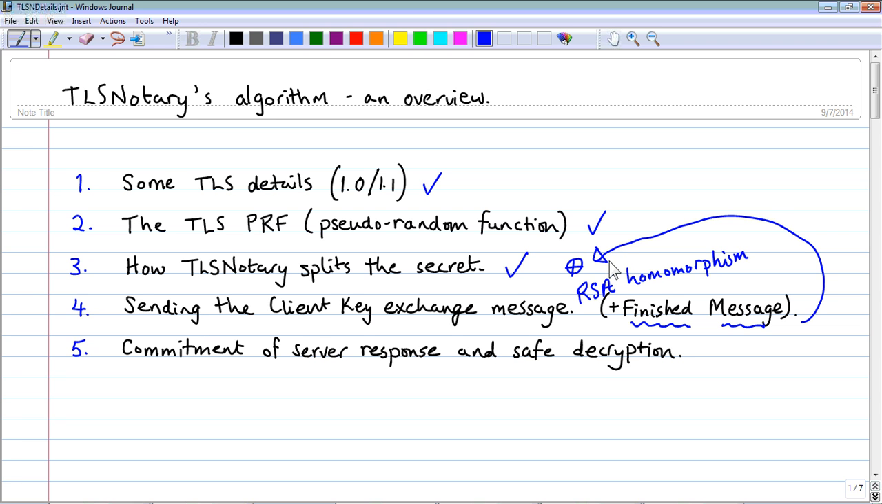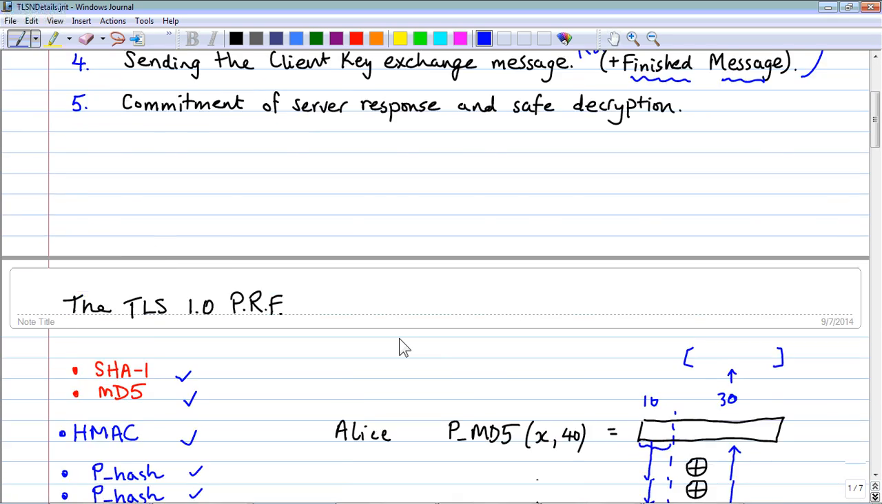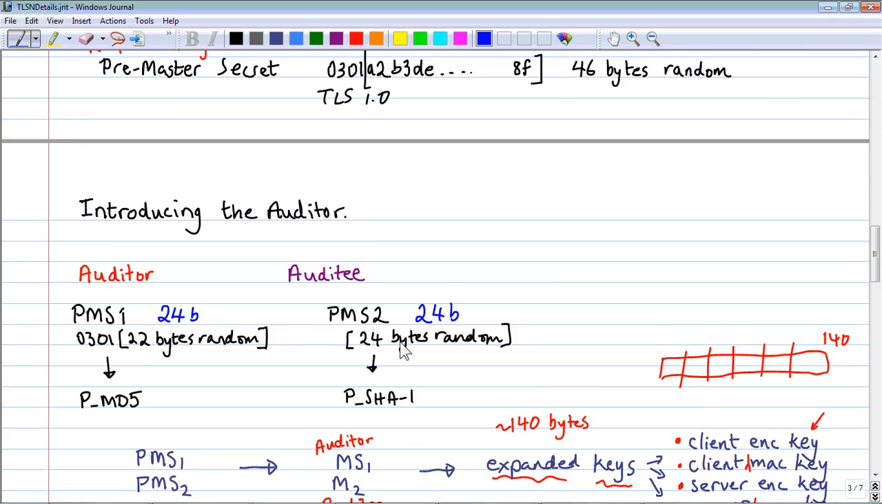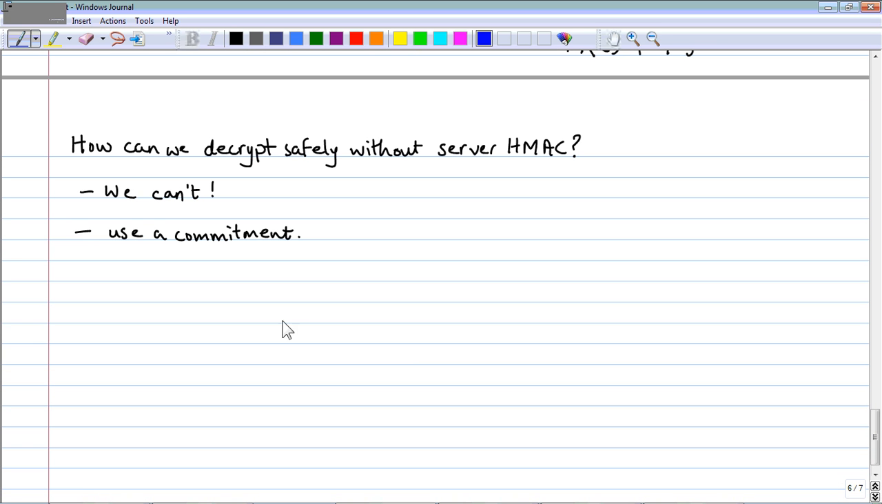So the last thing to cover is commitment of server response. To be honest, I've largely covered this already, but it might be worth emphasizing it because of the security issues. If the auditee does not have the server HMAC, it means that he cannot authenticate the data that he gets from the server. See, this is the kind of trade-off thing here, right? We're saying that